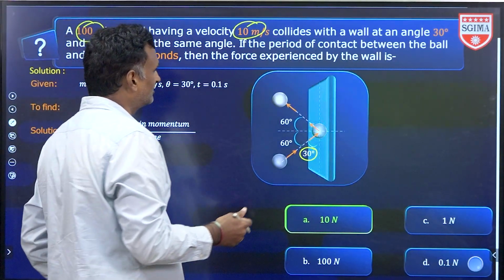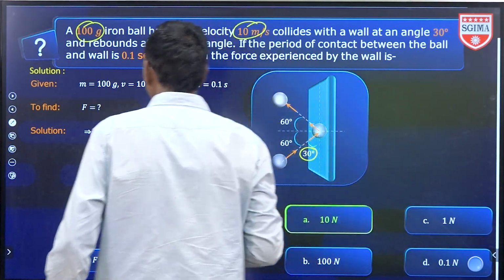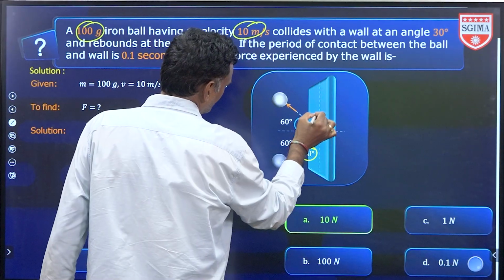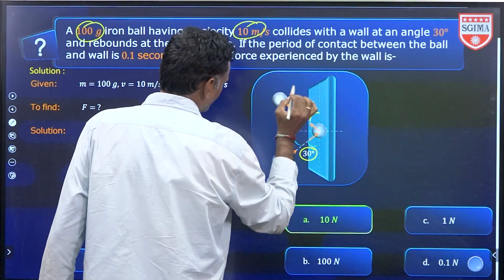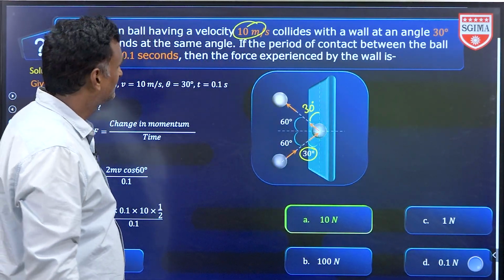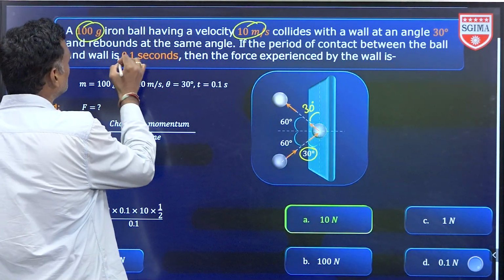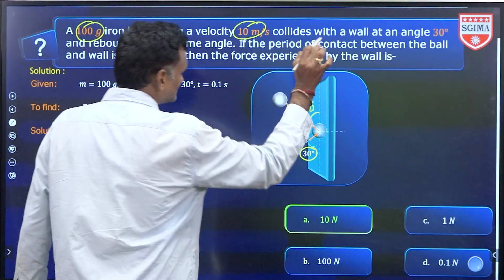So now we can take it at an angle of 30 degrees with the wall and it rebounds at the same angle. See, here it is 30. So then it rebounds with 30 degrees only. Next, if the period of contact between the ball and the wall is 0.1 second, then what is the force experienced by